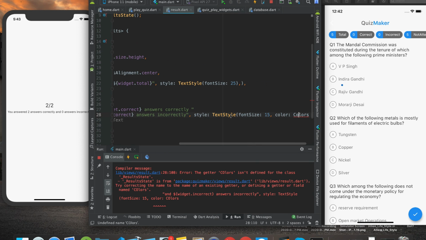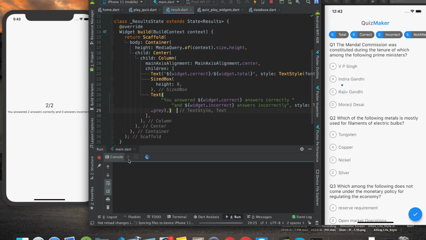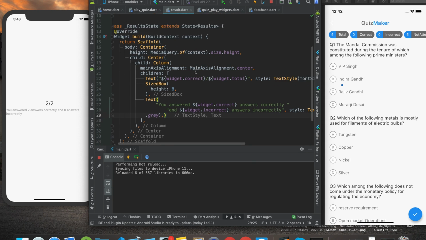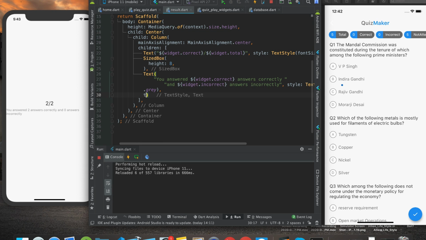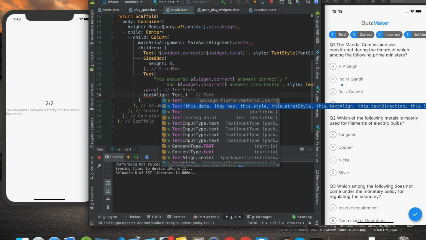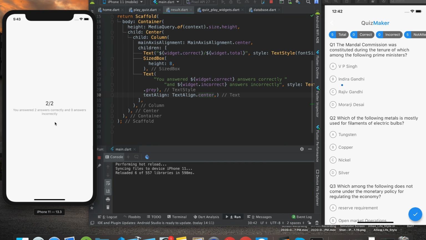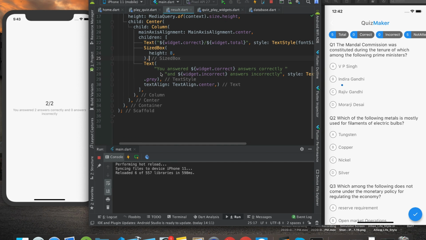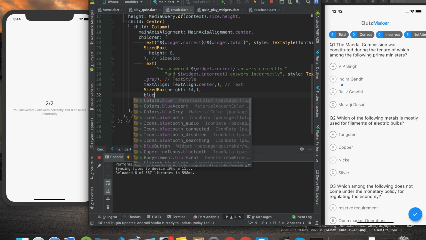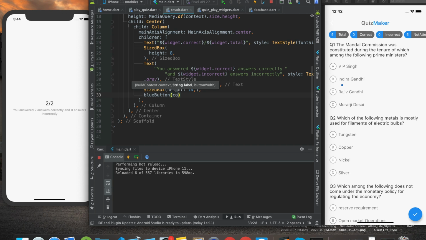Okay, let me just make it Colors, and let's just read it. One thing is very important, we have to give it the textAlign property, so that it's not going that side. So I can say TextAlign.center, so that by this it will be aligned in the center. Now it looks good, right? We just want one more thing, which is going to be our very easy, guess what, our blue button. You forgot it. It was the best, our blue button. We can just provide the context,